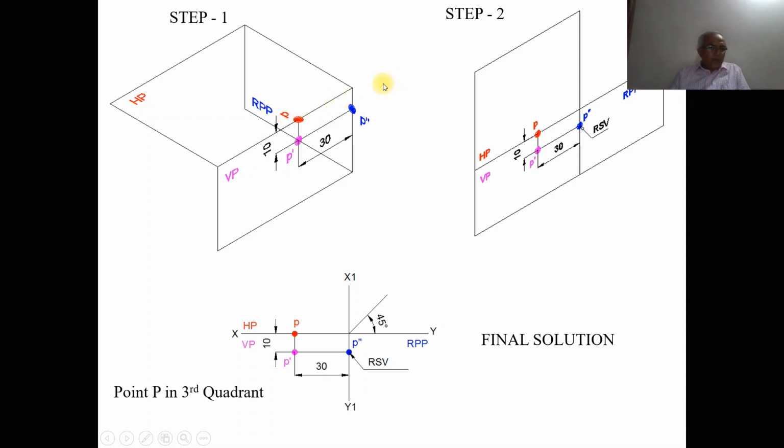When you look from the side view, we can see the distances of both front and top. Where you have the front view, on that line you will get this side view. So you get below HP and also on VP. It will be this point. So how to do it now? When you cut it here and open, since it is in the third quadrant, HP will go to the top and RPP will rotate to the side. So we get this position. When you look from the front view, we can see the distance behind RPP, which is 30 mm, seen in VP, and also below HP of 10 mm can be seen in the vertical plane. So that point is P dash.